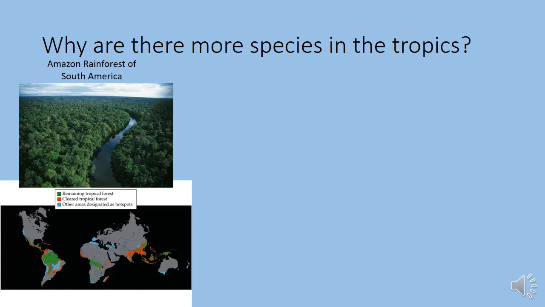But if we look at our rainforest, there are tons of species here. And we're going to talk a little bit more about that. But they're getting cut down at a crazy high rate. So this map shows in green the remaining tropical rainforest of the world, and the red are ones that have been cleared. So at this scale, that is huge, right? I mean, these are like millions and millions of acres that have been cleared